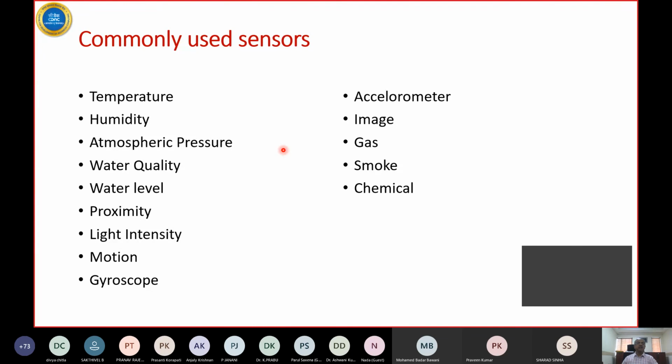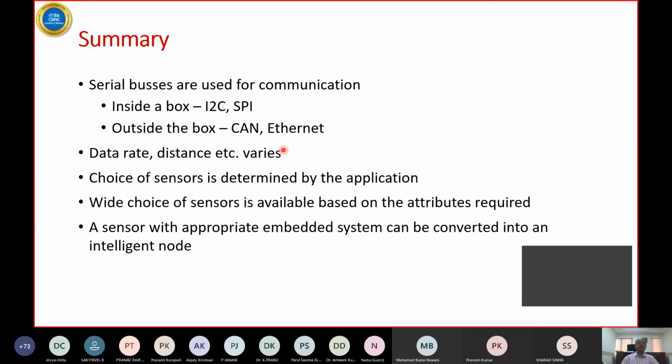The reason being that it itself is a huge topic, and I think it should be driven by the use case. The sensor should be driven, like if you are doing a case study, then it may make sense to go in depth on the sensors that are being used in that case study. What is the native way in which they transmit the data, analog or digital? Then how you can pack it to be sent into an IoT network? So all those things will come up when you take a case study. Otherwise, it is not possible to do justice to sensors.